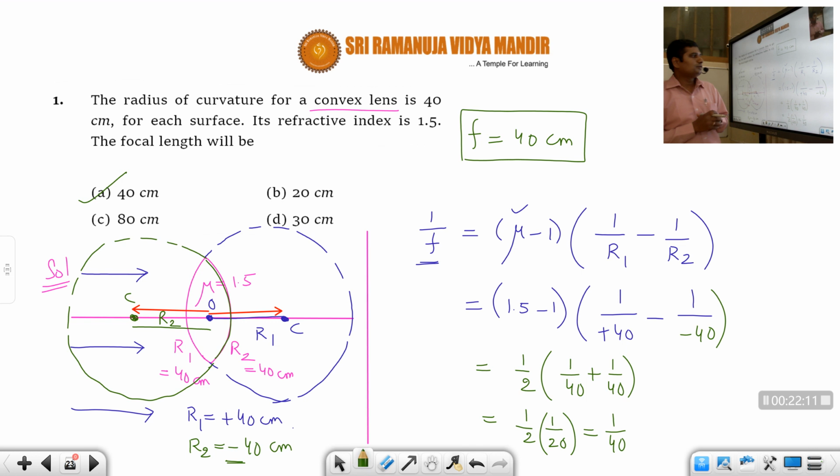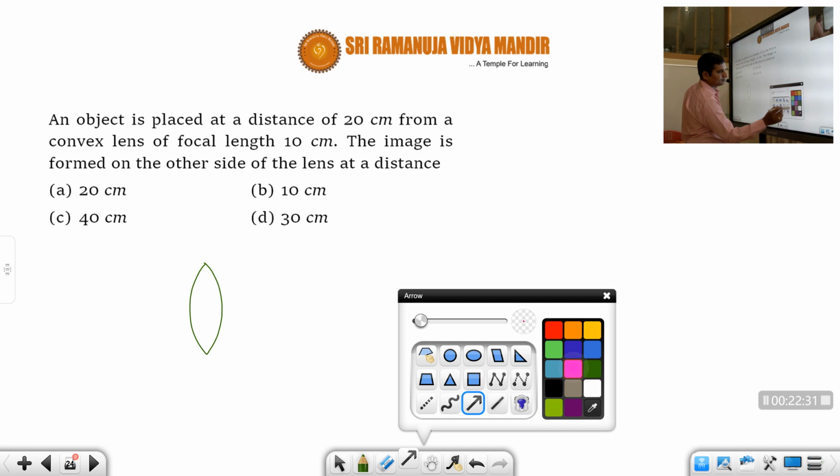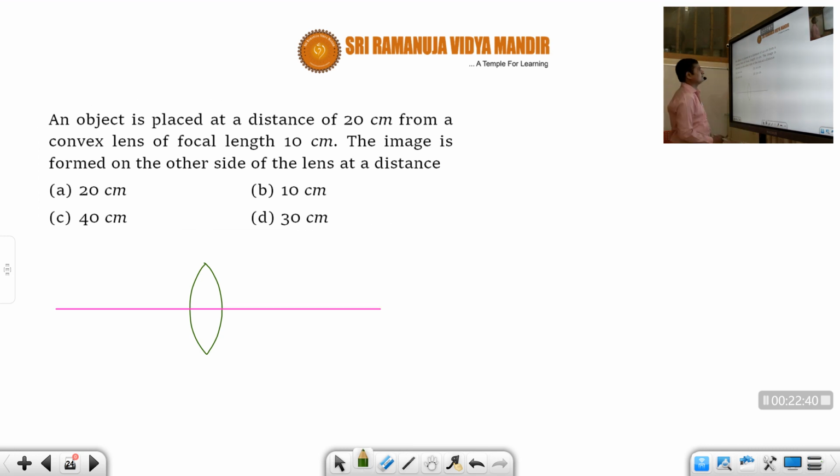An object is placed at a distance of 20 centimeters from a convex lens. Okay, students. So first, let us say this is a convex lens, and let us say this is the principal axis. An object is placed at a distance of 20 centimeters from a convex lens of focal length 10 centimeters. The focal length of this lens is given as 10 centimeters. Now the image is formed on the other side of the lens at a distance of...